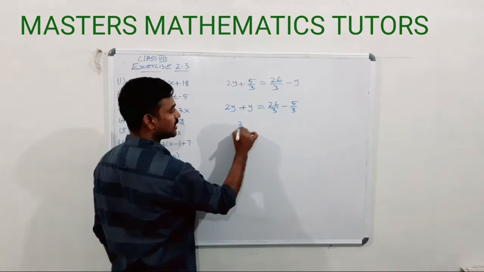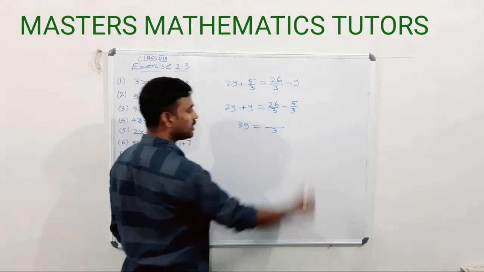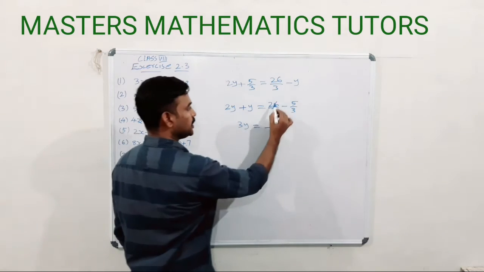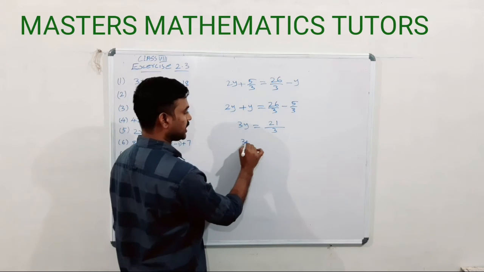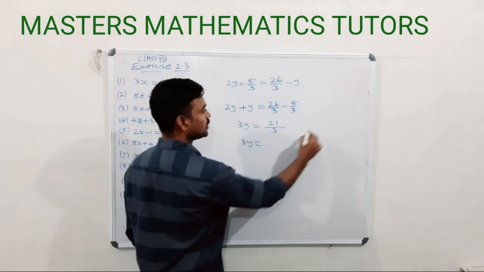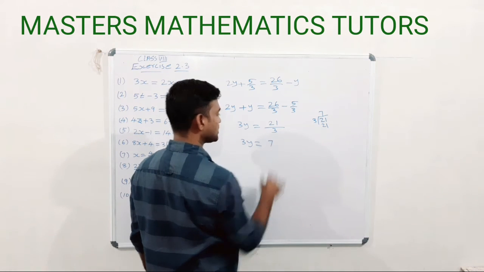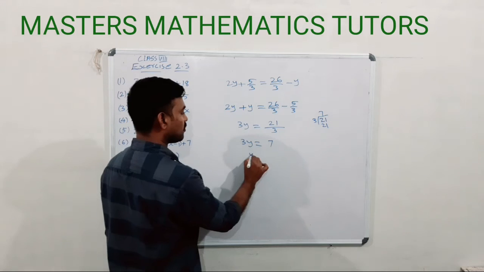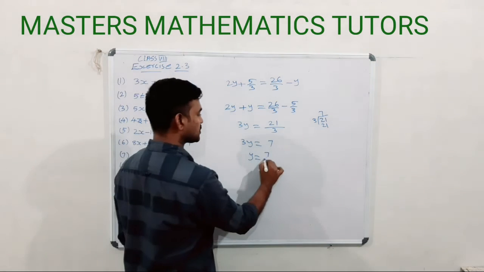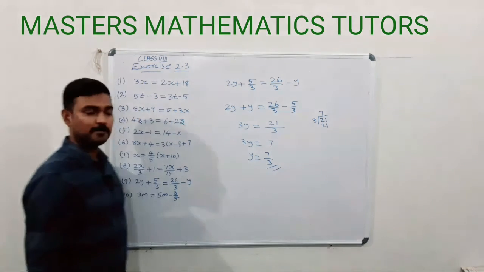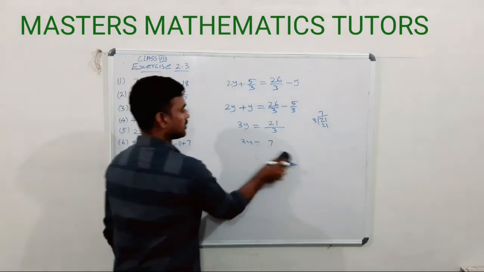2y plus y is equal to 3y, which is equal to, here the same denominator means we can write a common denominator 3. 26 minus 5 is equal to 21. So we get 3y is equal to 21 by 3. We know that 21 divided by 3, 7 3s are 21. So the answer is 7. So we get y is equal to, this 3 is multiplying with y, if it is transposed to the right side, it is division, 7 by 3. Okay? Yes. So we got the ninth question answer, y is equal to 7 by 3.